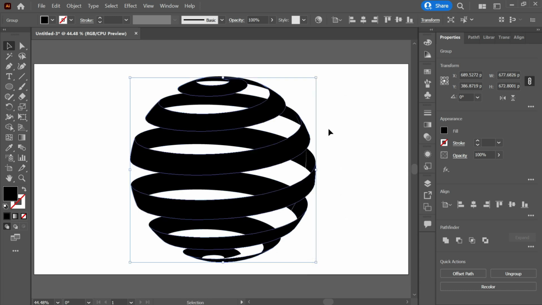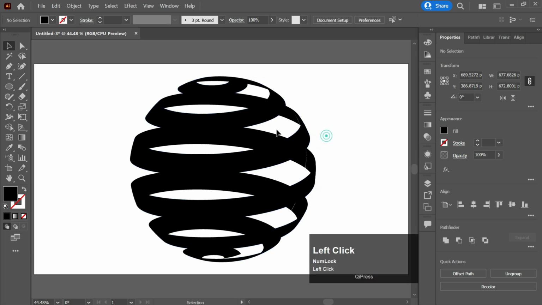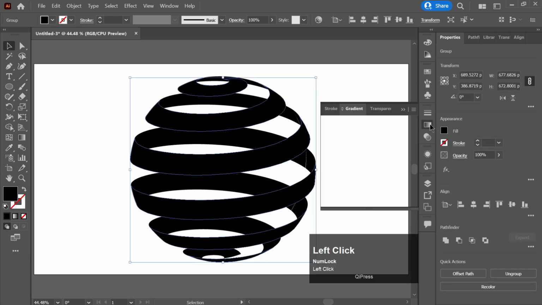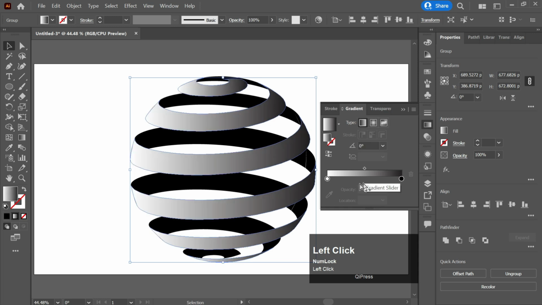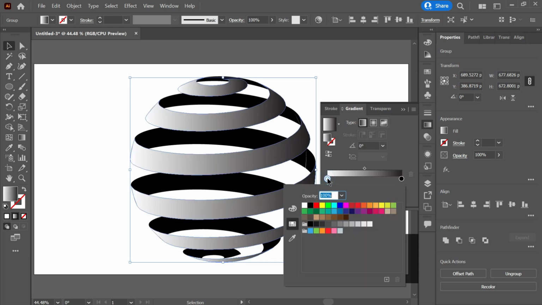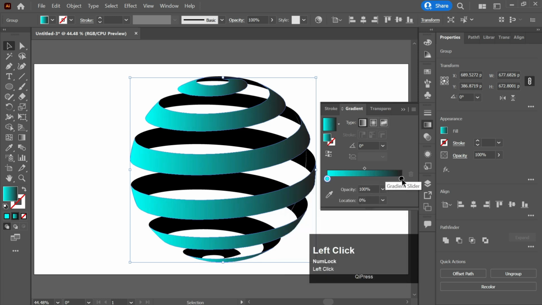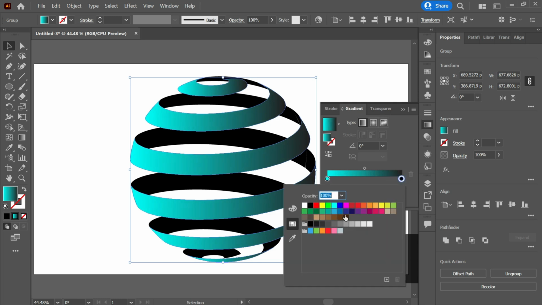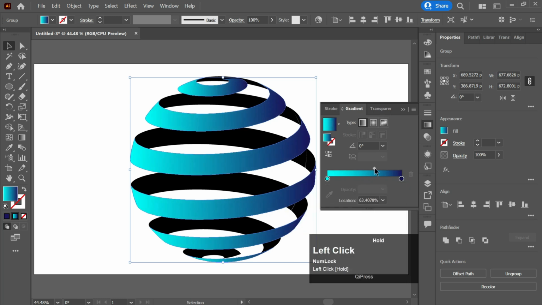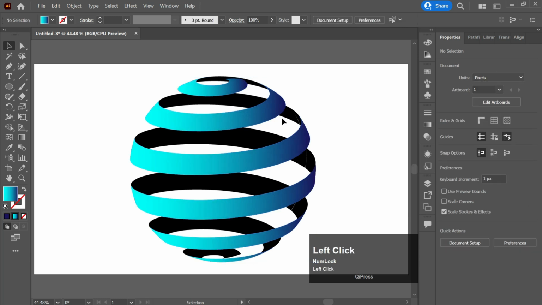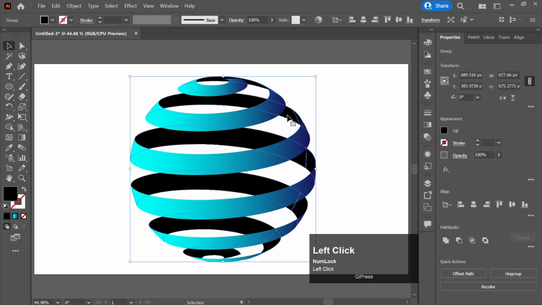Now we'll change its colors and we will add some gradients. I will be adding some gradients and I will be giving the color code in the description of the video. You can check it. I'll be giving this one, and this one, like this. And to the back shape,